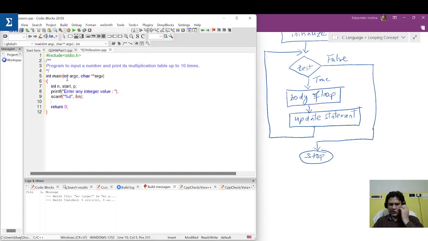Now what we do here, we write it something like this. We want to start, so start is equal to 1. This step is called initialization. And here we write down while start is less than or equal to